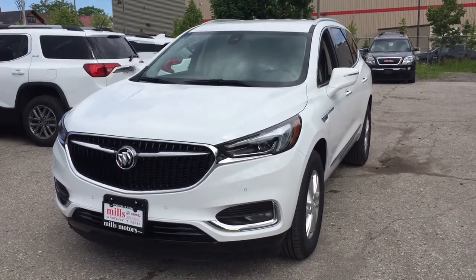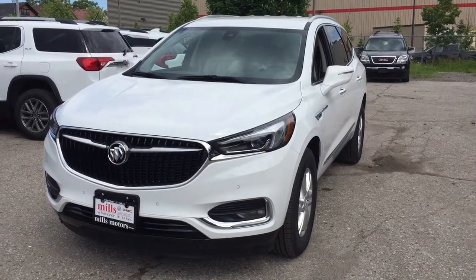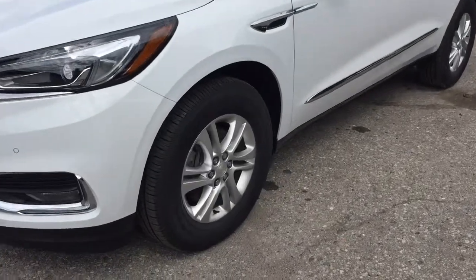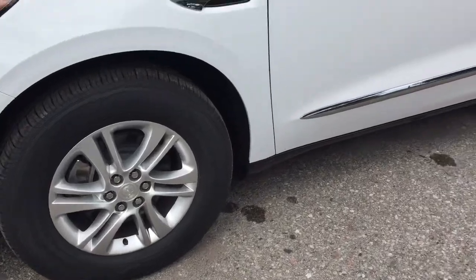It's a great day at Mills Motors, 240 Bond Street East in Oshawa. This is the 2019 Buick Enclave all-wheel drive, 3.6 liter engine, 18-inch aluminum wheels with the Goodyear all-season tires,